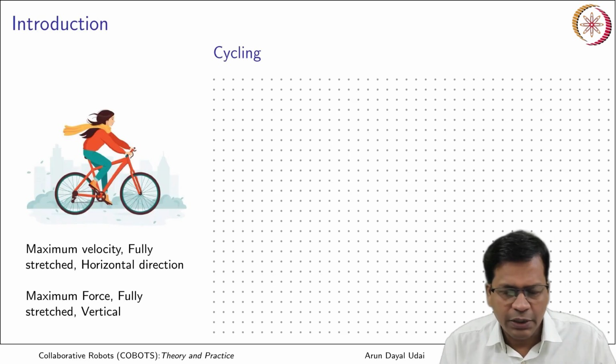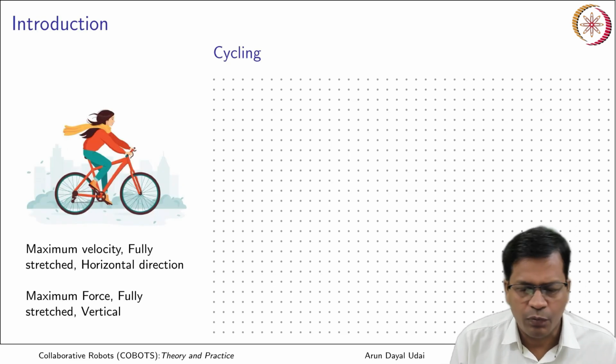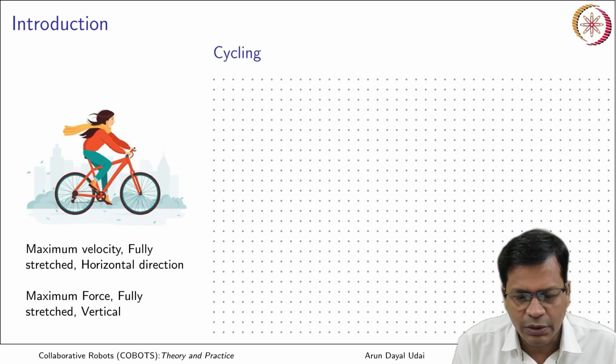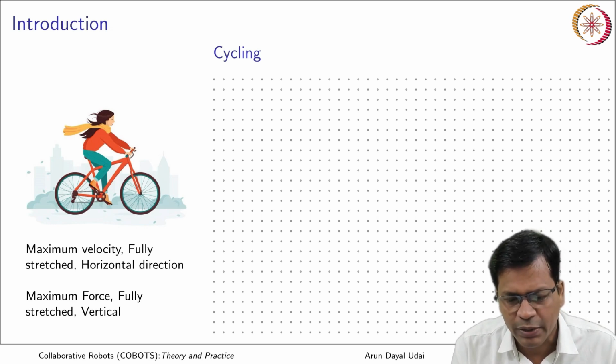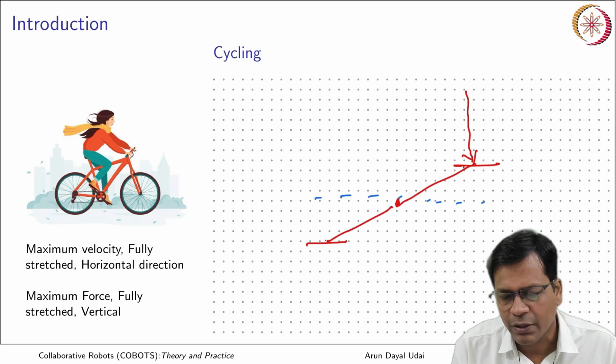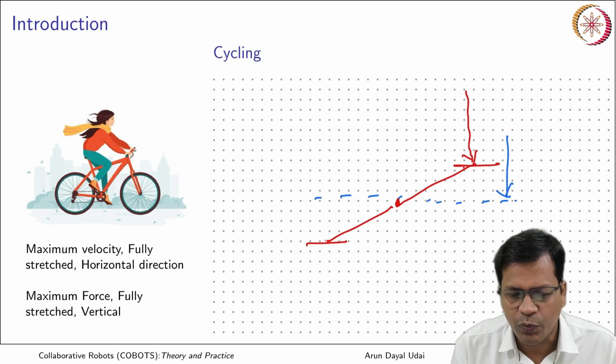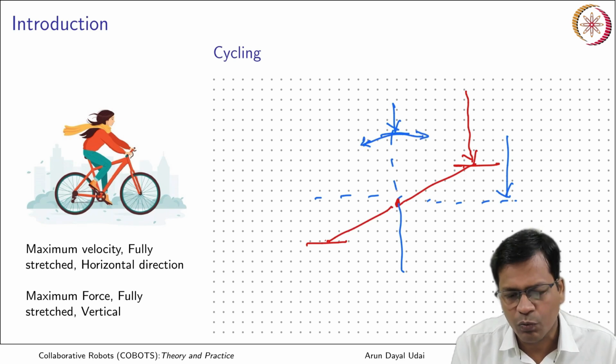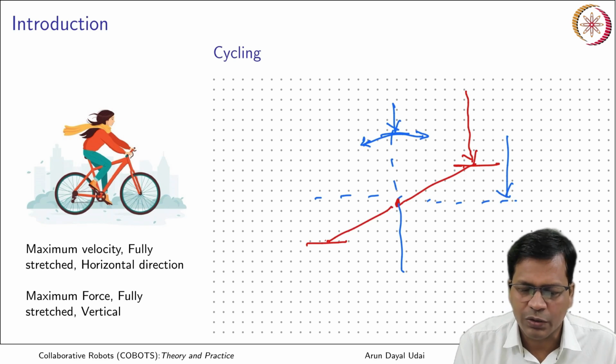So, let me give you a small brief on how humans work. First, if you are cycling, what you have felt, if this is a pedal, at a particular position, whenever you start the cycle, you keep your pedal something like this, so that you can apply maximum force. You cannot put it like this. In this case, if you apply force, it can go either here or here, and at the same time you won't be able to apply maximum force along this direction.